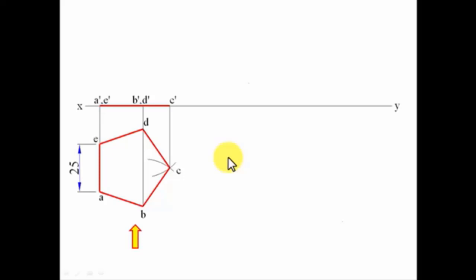Just think about this. If the surface is inclined to HP, then obviously that particular angle can only be seen from the front. And hence what we're going to do is, we'll incline or recreate this front view over here at an angle of 30 degrees, that is theta surface. So let us do that. This is going to be point A dash comma E dash.